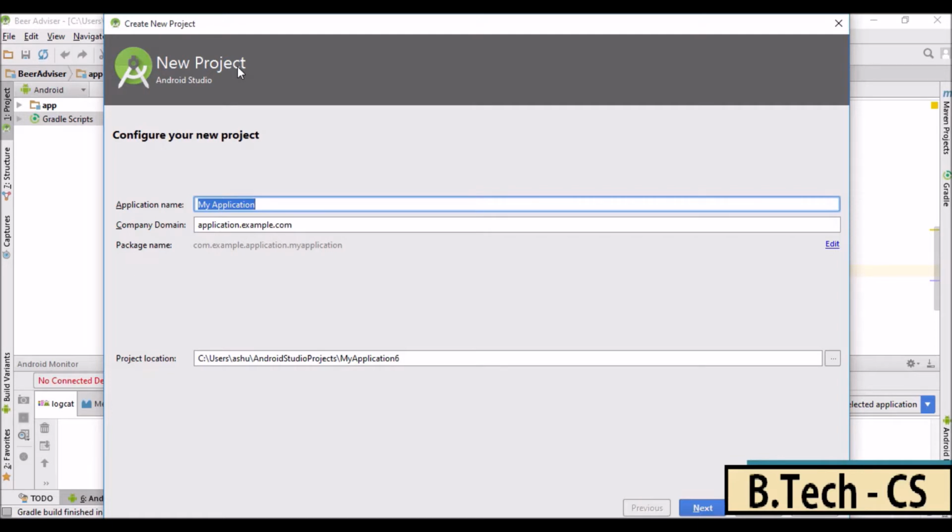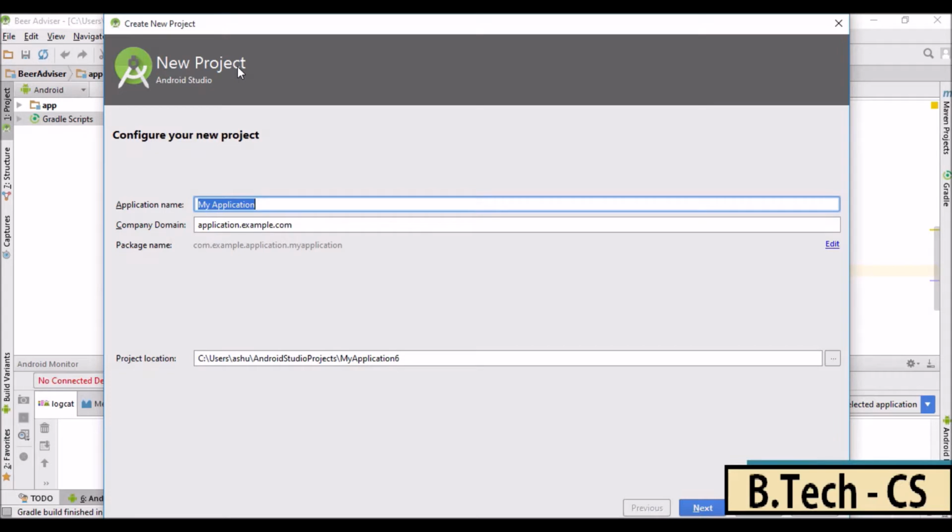So basically we could use the XML tag in order to change the user interface. So by using XML tags we could enter buttons, text views and all that kinds of stuff onto our application page or onto our activity. Now in this tutorial we'll be learning how to design the user interface by purely using Java code.